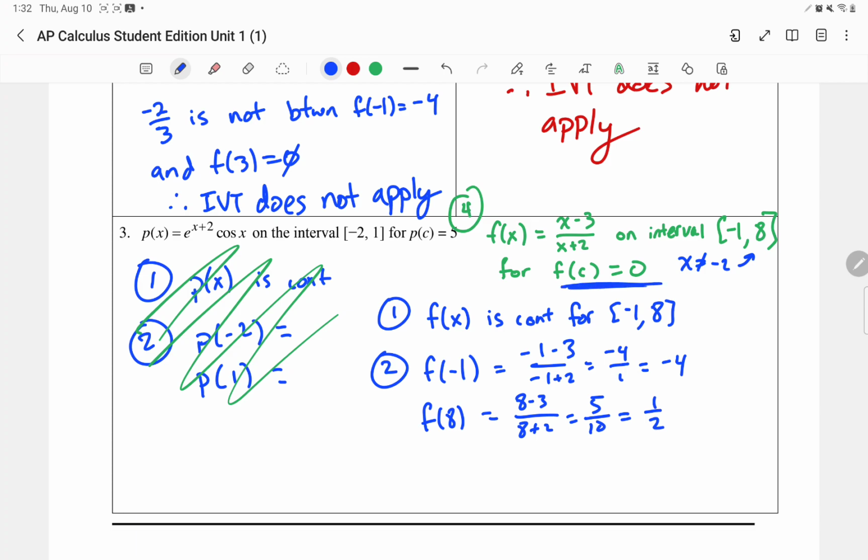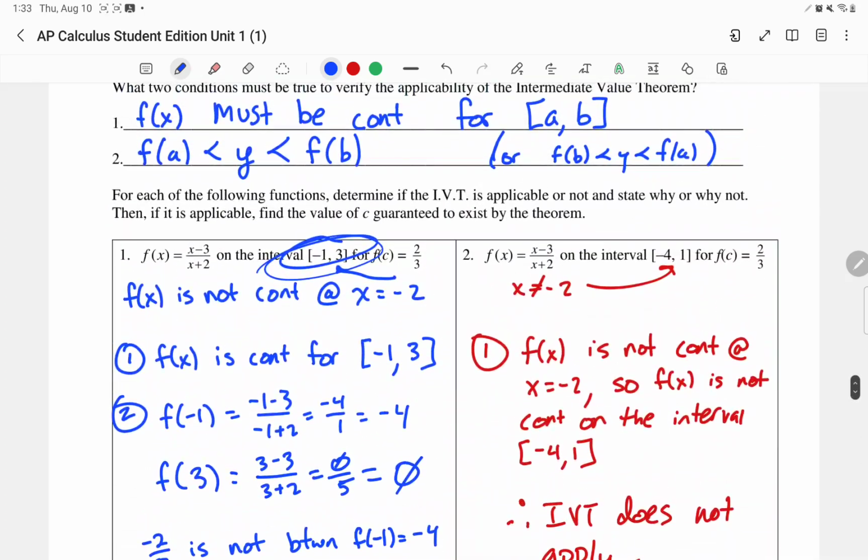So now this time, 0 is in between those 2 points. So we can say something like this, f of negative 1 is less than 0, which is less than f of 8. Right? You'd also say, negative 4 is less than 0, which is less than 1/2. Right? So we're going to say, therefore, IVT applies. And if they just ask us, is it guaranteed? Is there guaranteed, like must there be a value? We could stop here. In this question, though, they actually said, if it is applicable, find